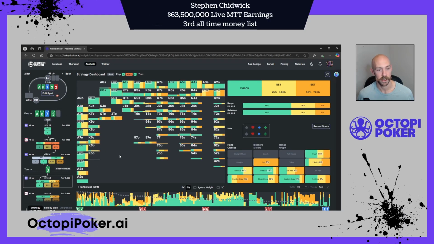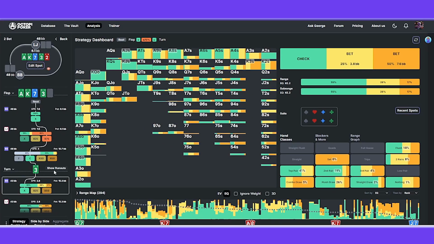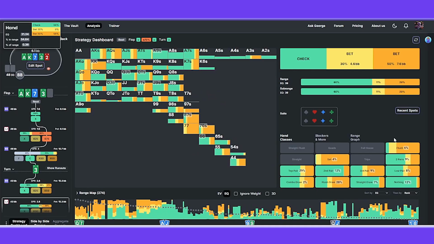A lot of people are going to say, okay, people don't lead in the games that I play. They're just going to automatically check everything that comes on the turn. Well, that's great. So you've c-bet the flop, they've check-called. Now the turn hits and you know they have 3 times as many flushes as you do. They check. We have 6% flushes, they have 18. This is our strategy if our opponent has led half of his range into us with his superior flush advantage.